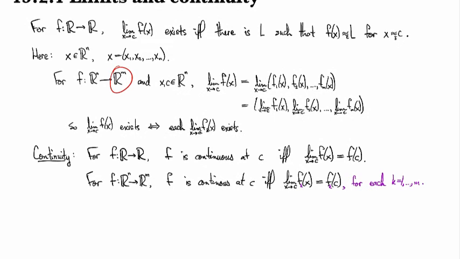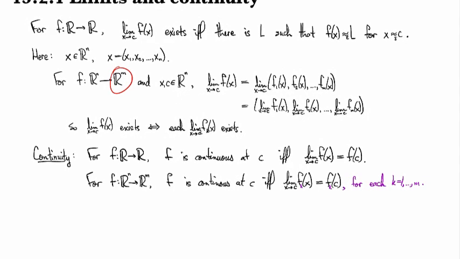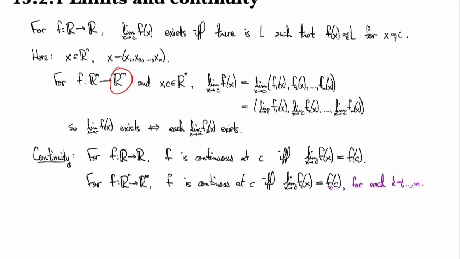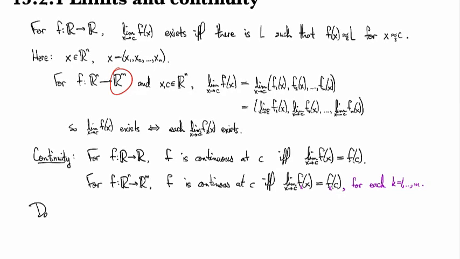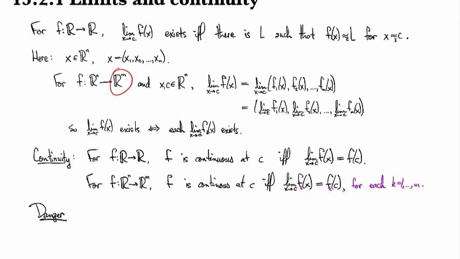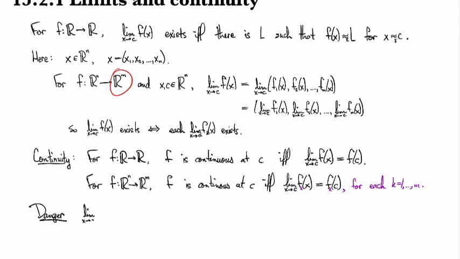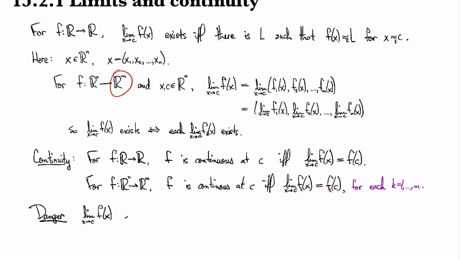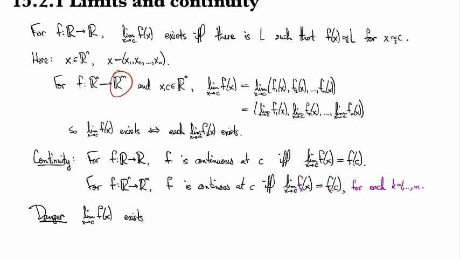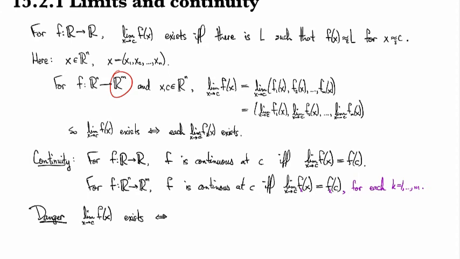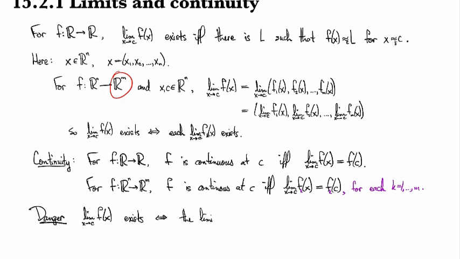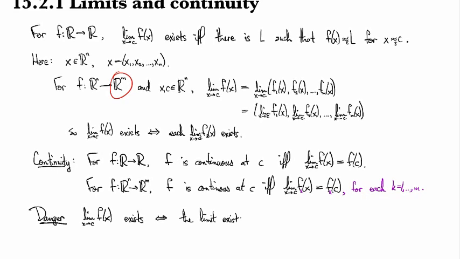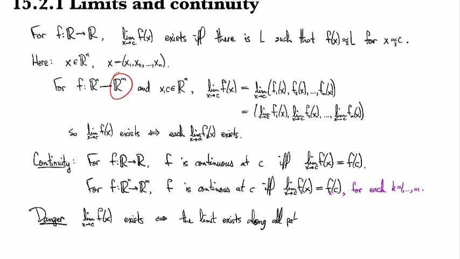Now we get to the hard part, which is, what about the fact that now our input variable has multiple coordinates? So this is where things get a little bit crazy. So the limit as x tends to c of f of x, this one exists if and only if the limit exists along all paths